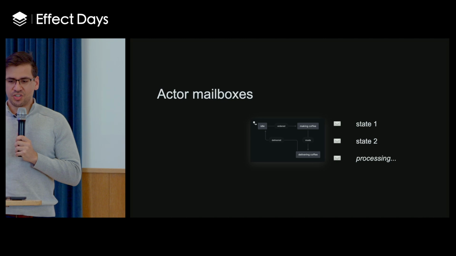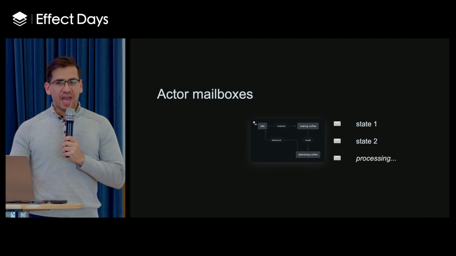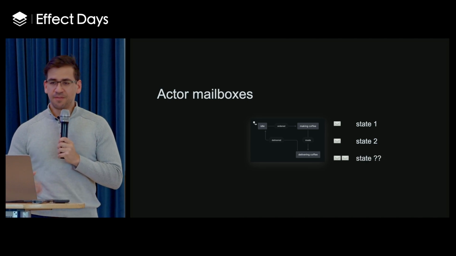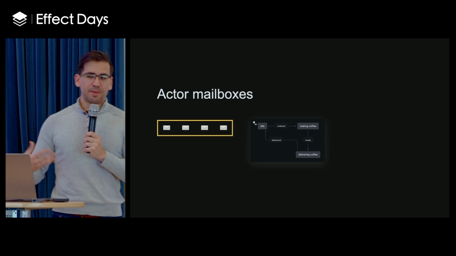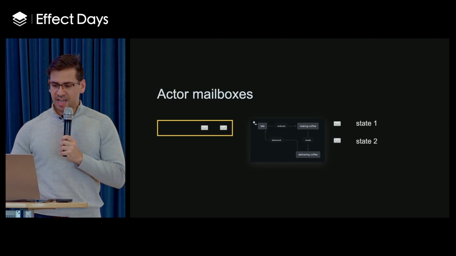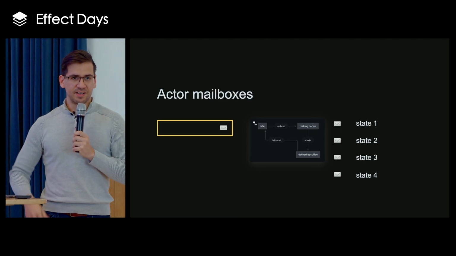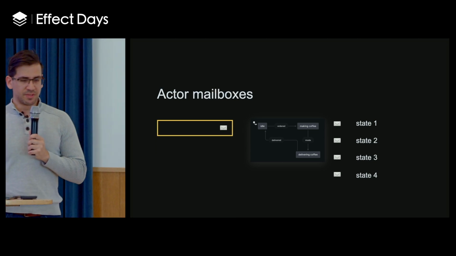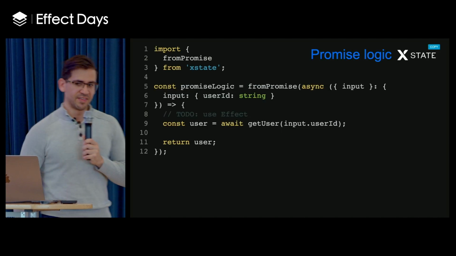They receive messages. But one interesting thing about mailboxes is that when you're processing a message, you have to handle what happens if you get a message while you're trying to process a state. And so that's why they're represented as queues, because you can process one message at a time. Again, this is going a bit into the details. You can definitely talk to me afterwards, and I'll be happy to talk your ears off about actors and state machines and all of that.